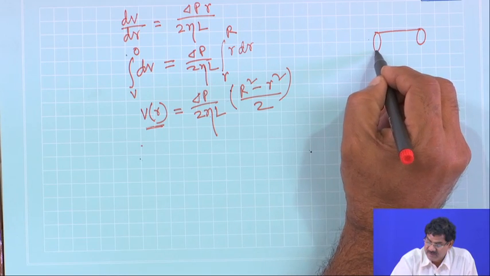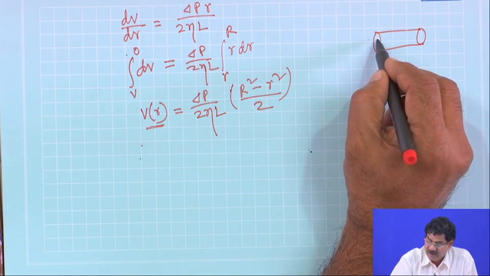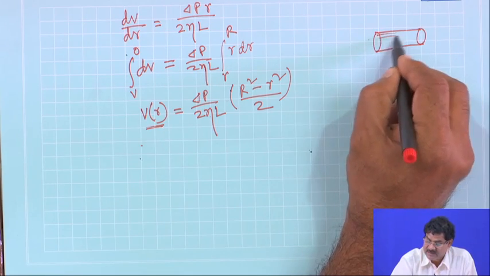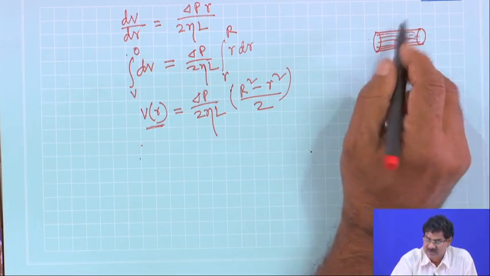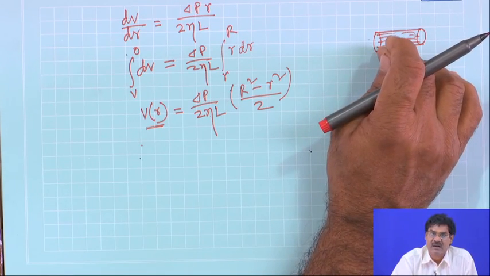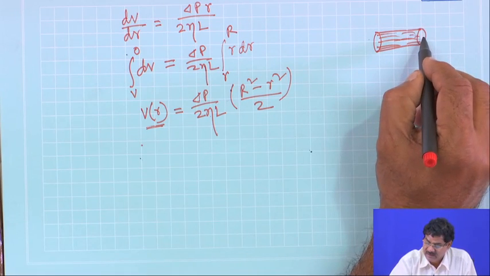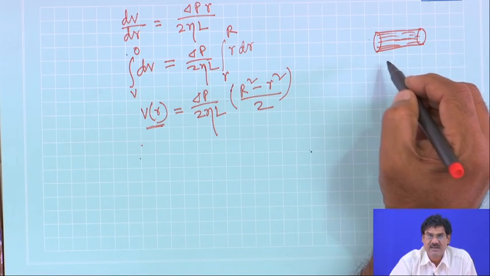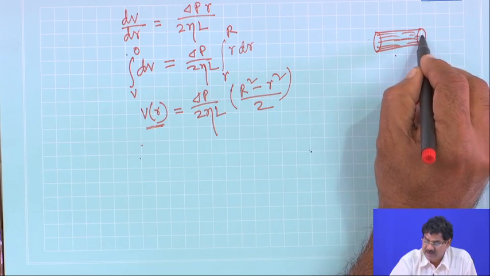You can think that overall there is a velocity distribution in this tube, but per unit time, whatever liquid comes out,